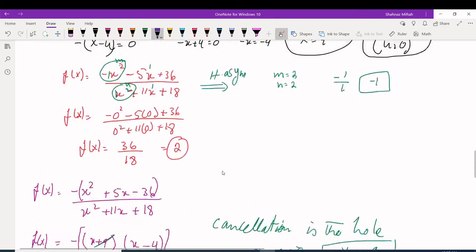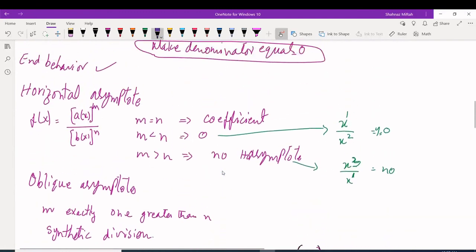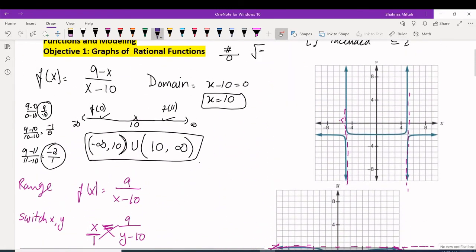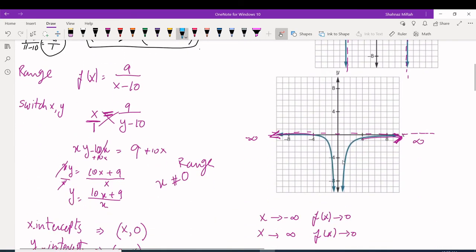Now there is one more thing before I end the video: increase and decrease. For increase and decrease, you guys have to pay attention here. For example, I have this graph right there. I'm going to erase the stuff that I don't need now. This is the graph, and I'm asking where this graph is increasing, at what intervals. Intervals means x values, right? At what intervals is my graph